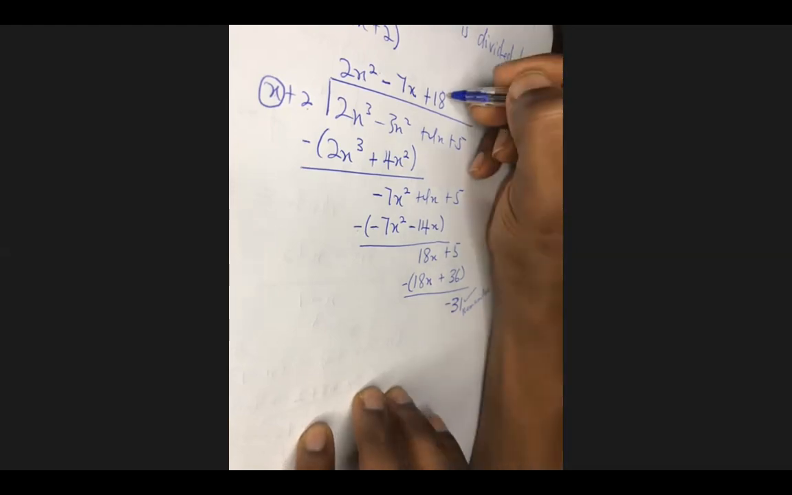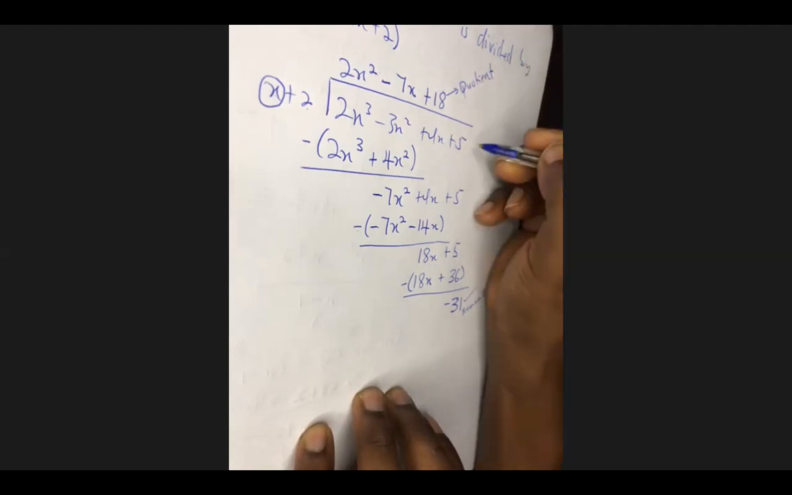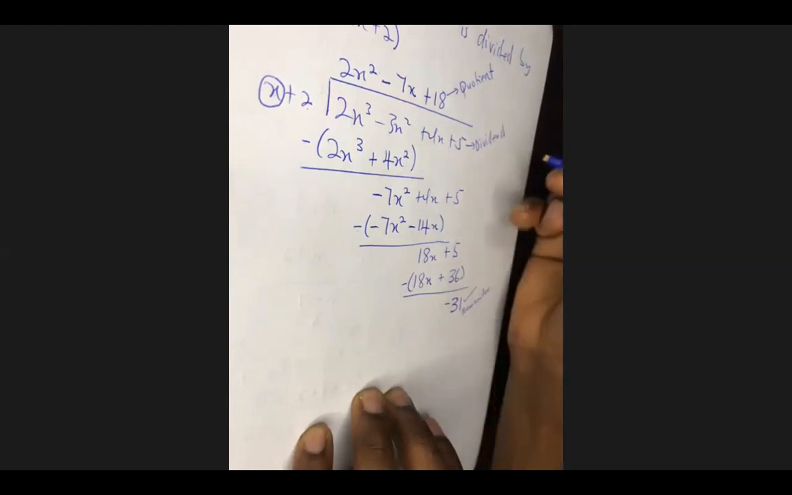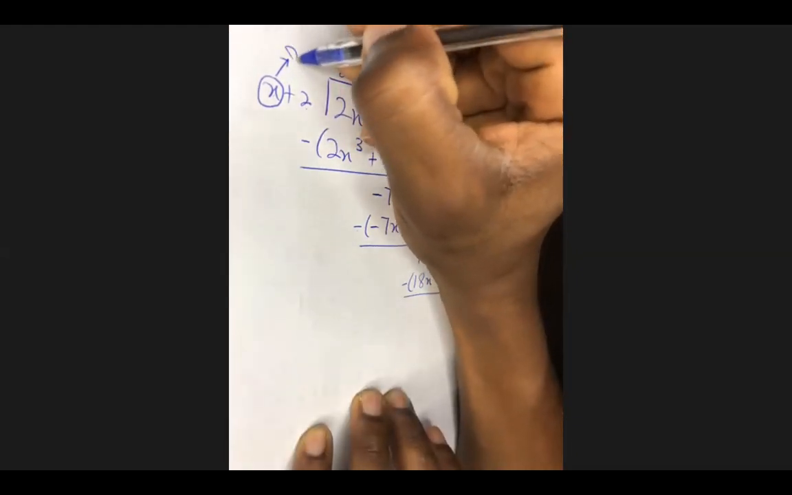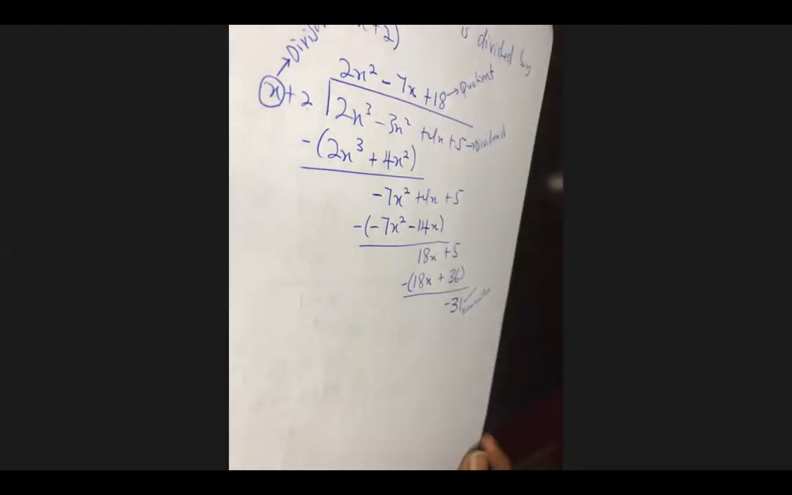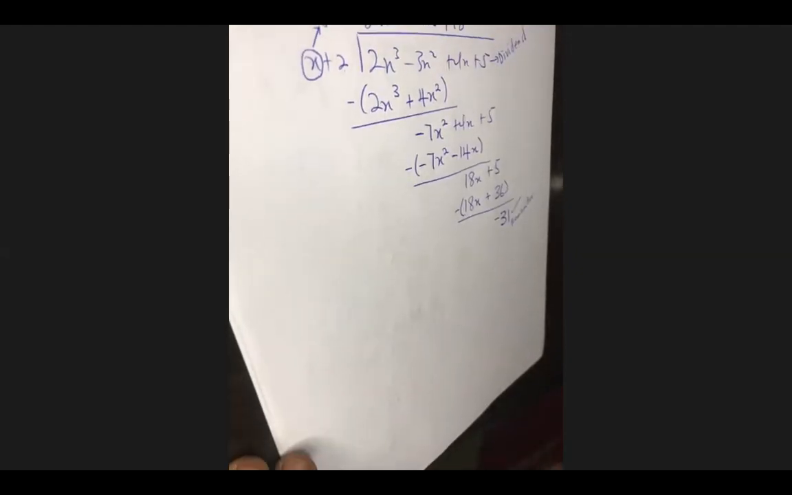Now this becomes my quotient. That is my dividend. And this guy is my divisor. That is my divisor. Good. So now as the formula goes, now dividend